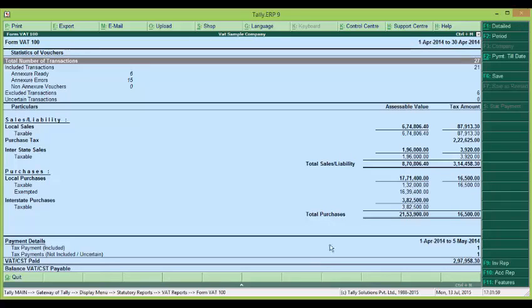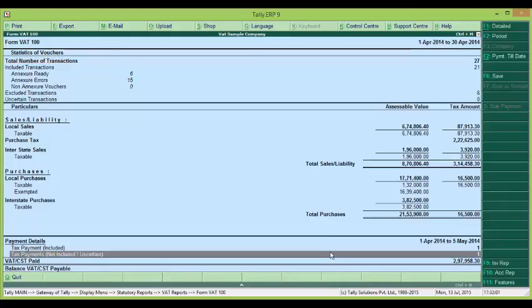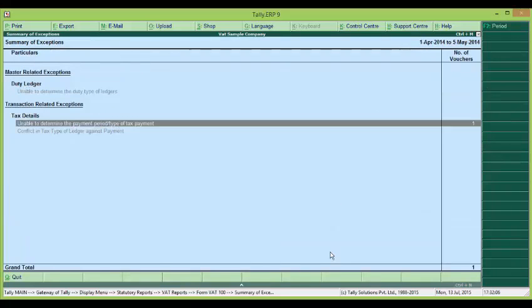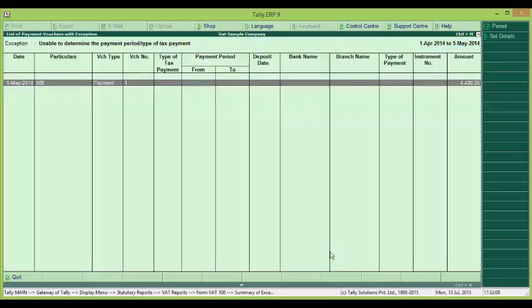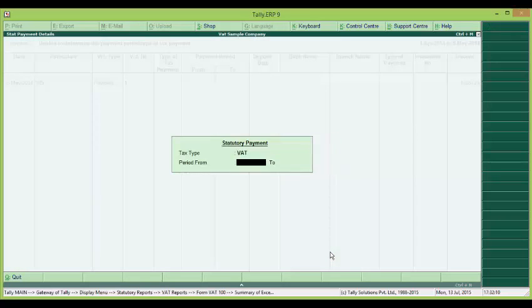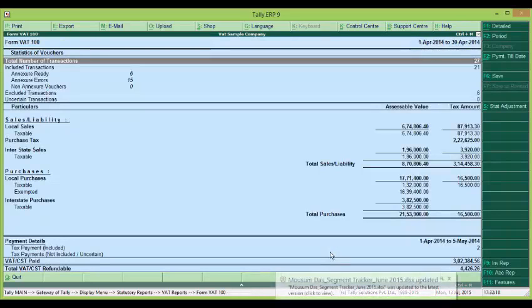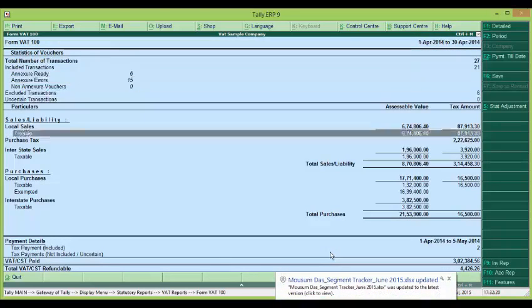So it's saying payment is not included. So let us see what it says. Unable to determine the payment period or type of tax payment. So here we'll set the details. It's for VAT from April to 30th April. This goes away. Now this has been included.